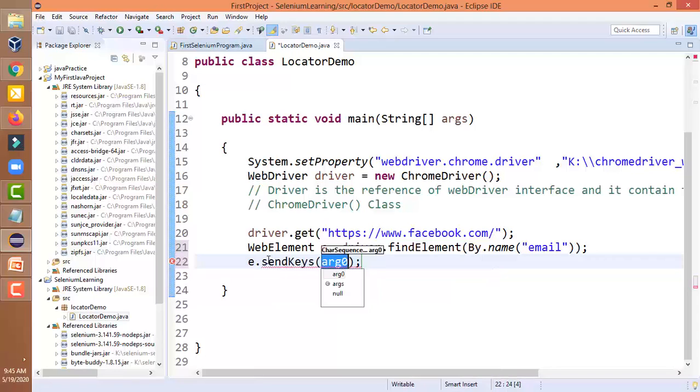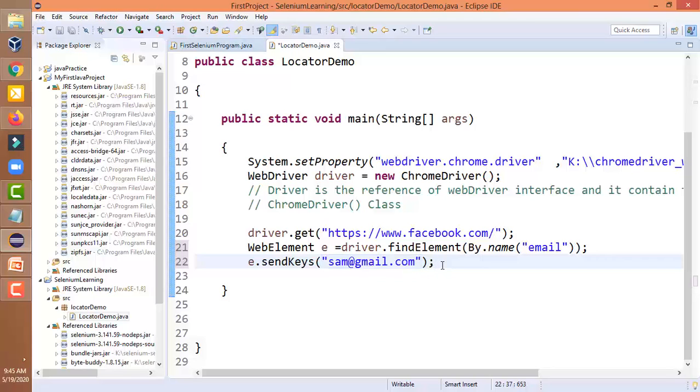Send keys is again a method, and it is used to enter some value in the text field. Suppose we want to enter our email ID, for example sam@gmail.com. In this way I can write my email ID, and now it will enter the email ID in that location.